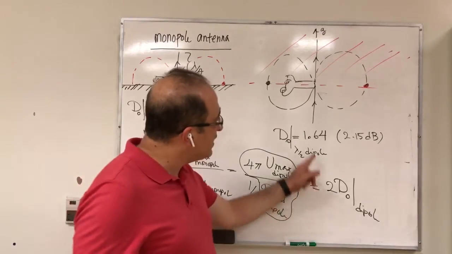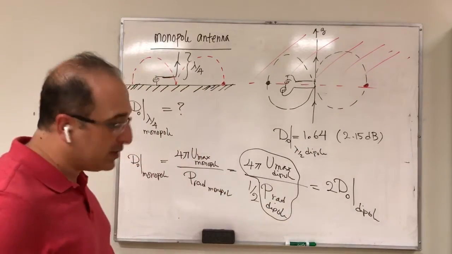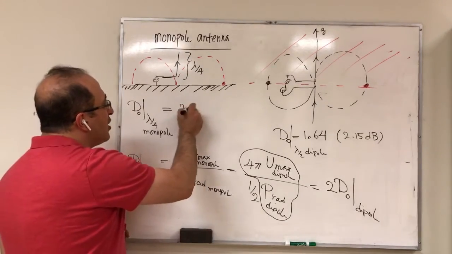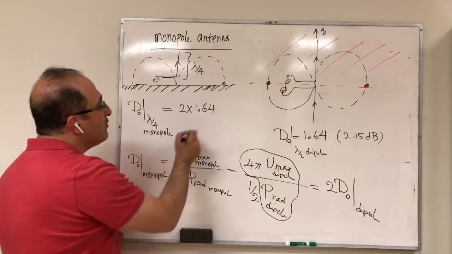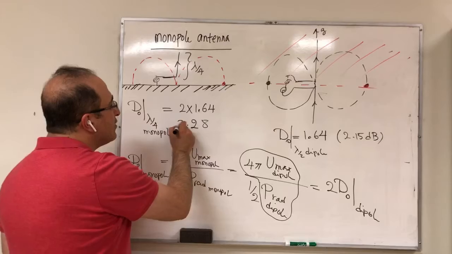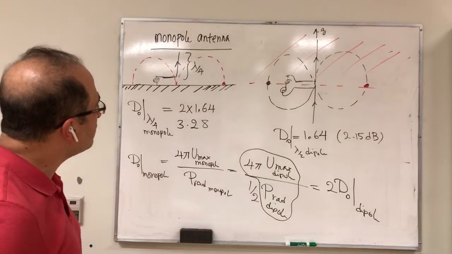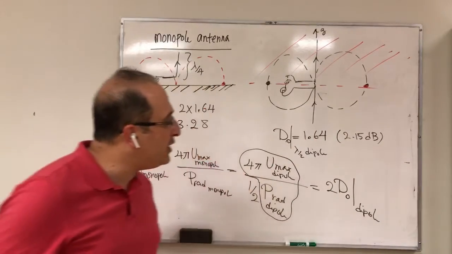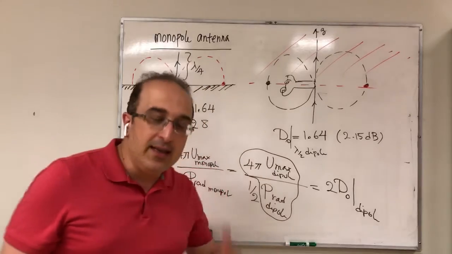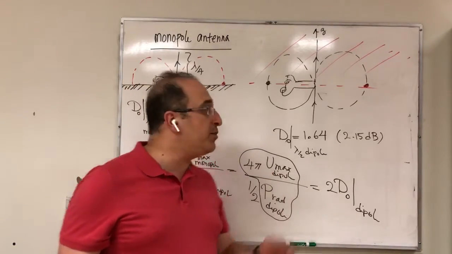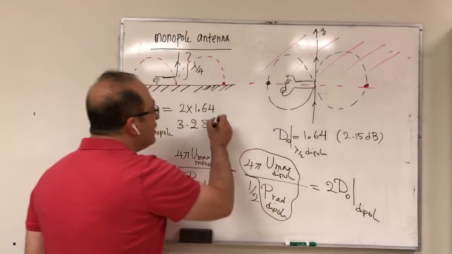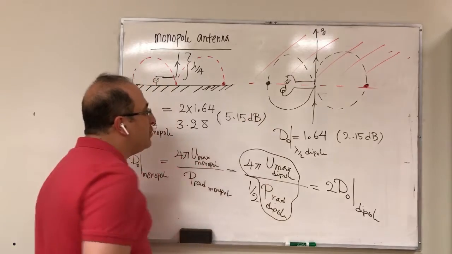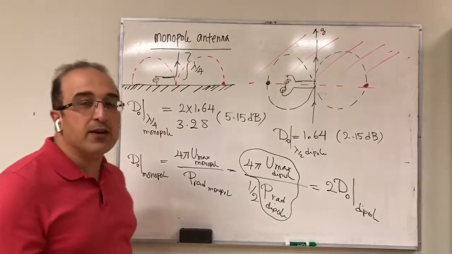So if I go by this, the half wavelength dipole is 1.64, then D of monopole becomes 2 times 1.64, which would be 3.28, dimensionless. Now, what about dB? If you have 2.15 dB and you say 2 times something, in dB 2 times would be 3 dB more. So instead of 2.15 dB, you can just add 3 dB to that, which would be 5.15 dB. That would be the directivity of quarter wavelength